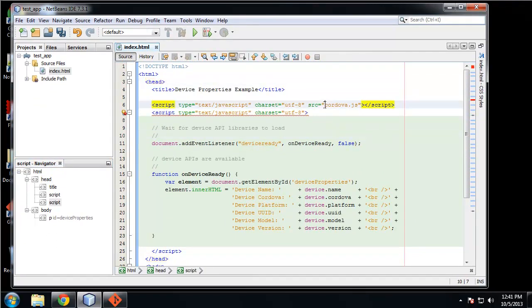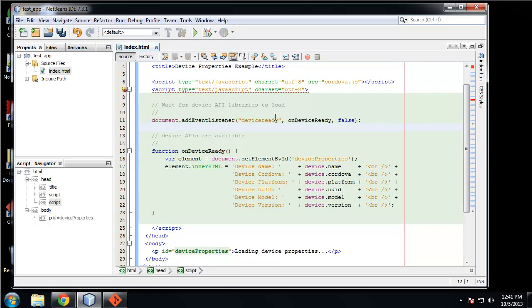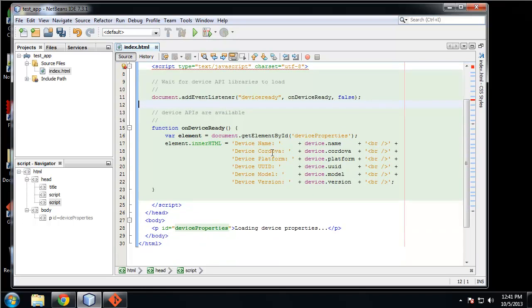So it's pointing to the cordova.js, which we don't need locally because when we upload it to PhoneGap, PhoneGap gives its own cordova.js file. Like I said, where we have a listener, then this is going to run. It's going to put this information into this paragraph. So let's save that,